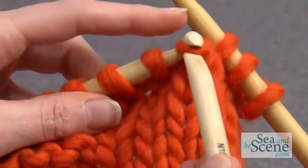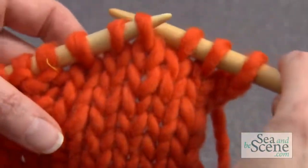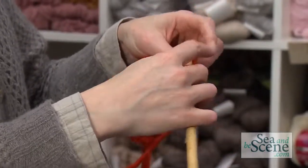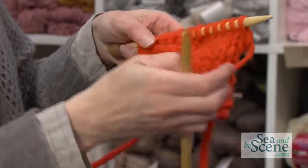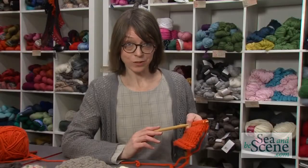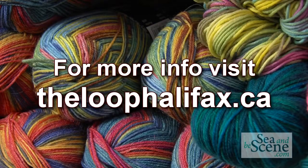And now I can just pop that stitch back on my needle, and it's at the same level as all the other stitches on that row. And then I'm going to slip these stitches onto my left-hand needle because I haven't started this row. And you'll be able to see that all the stitches are at the same level and that little dropped stitch is gone. And that's how you pick up a dropped stitch. For more information on The Loop's products and workshops, visit